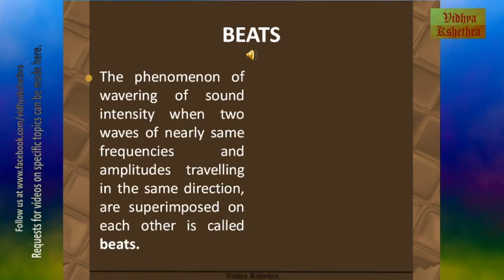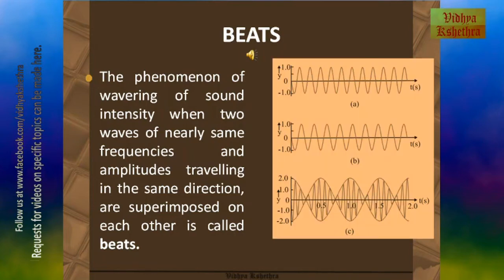So the phenomenon of wavering of sound intensity when two waves of nearly the same frequencies and amplitudes traveling in the same direction are superimposed on each other is called beats. In this figure, we can see the two waves which differ slightly in their frequencies. When these two waves superimpose, they create a net waveform as shown in figure C. In this case, we can see that the intensity of the wave is varying,